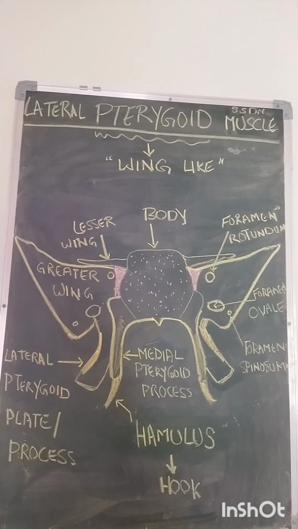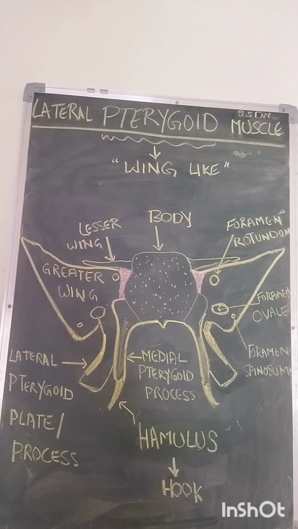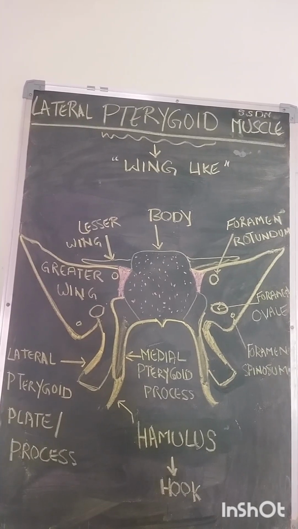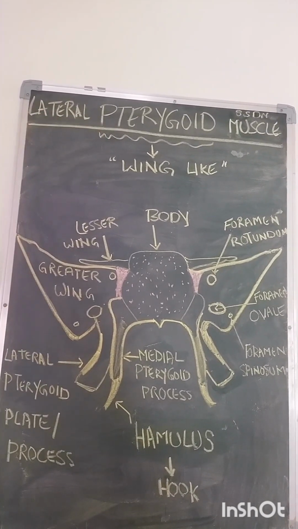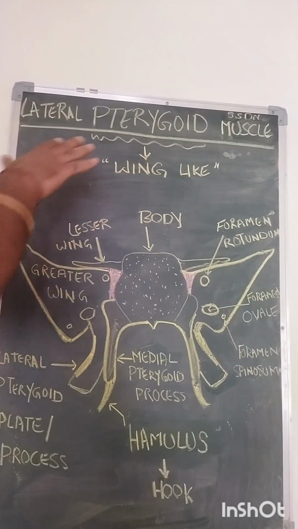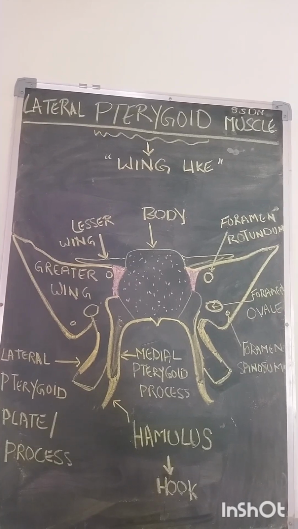Pterygoid muscles of mastication. We have two muscles of mastication of pterygoid. This one is lateral pterygoid, other is medial pterygoid. What is the meaning of this pterygoid? Pterygoid means wing-like. So pterygoid means wing-like, and before we go into lateral pterygoid muscle or medial pterygoid muscle, we